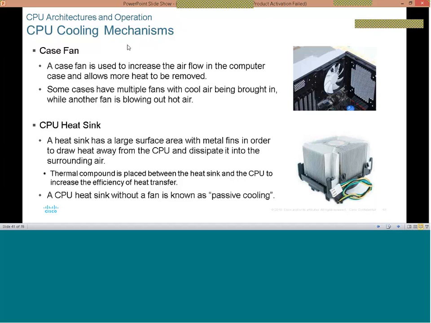So the CPU heatsink. A heatsink has a large surface area. As you can see, this is a heatsink. And what the heatsink does is that once you stick this heatsink on